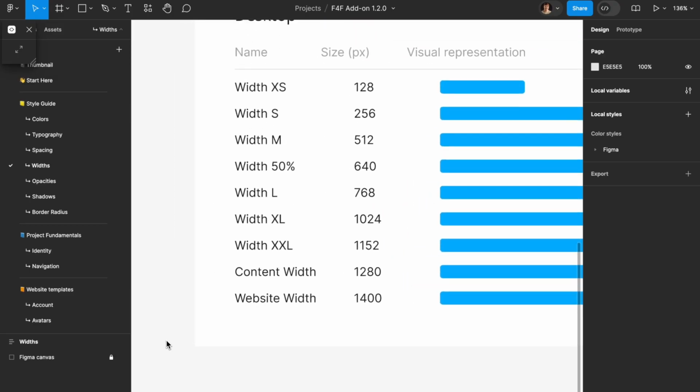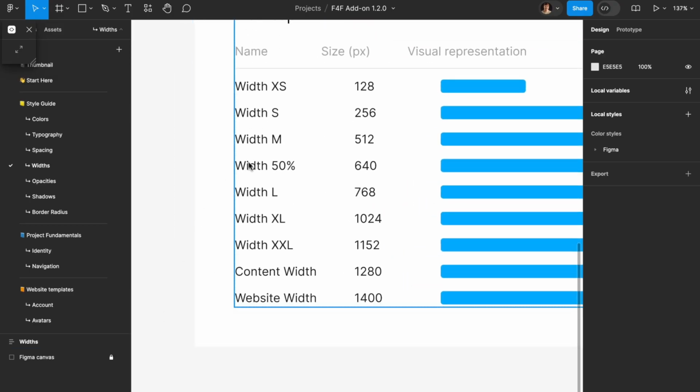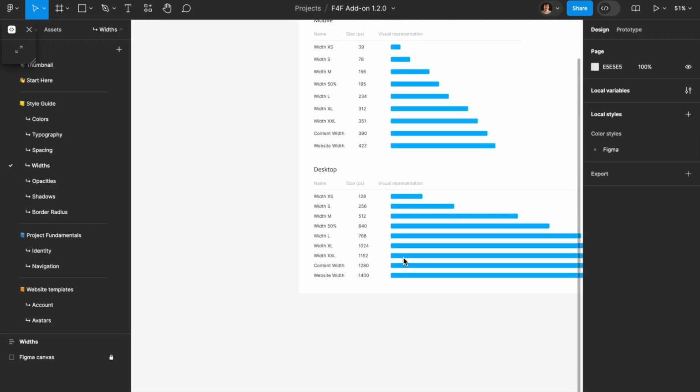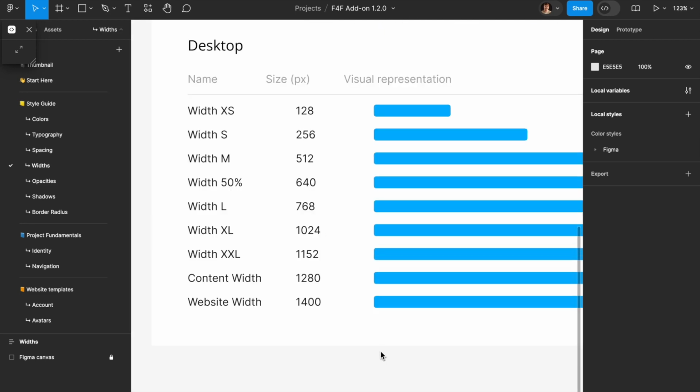If we zoom in, we can see the name, the values, and a visual representation of those values. What's important for you to know is that all of those width values are based on the content width. The content width is the width that surrounds the content of your website. And every other width sizing token uses the content width value, except that it's also using some mathematical functions to